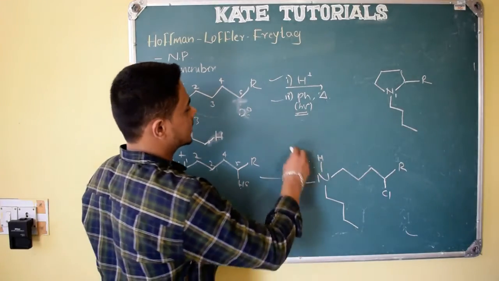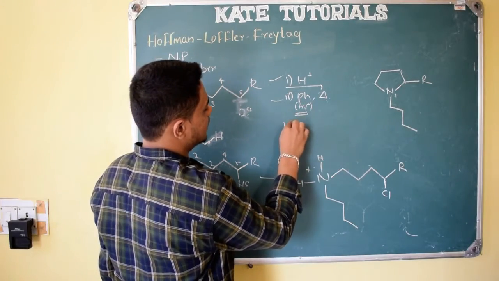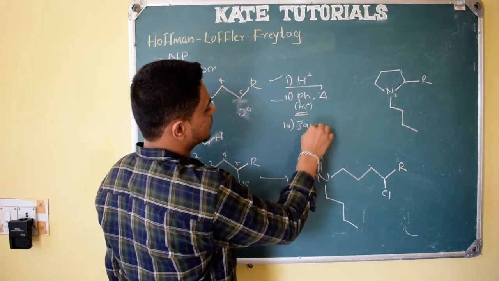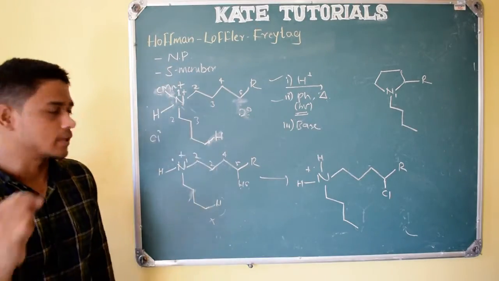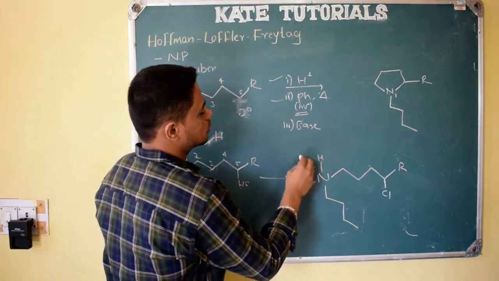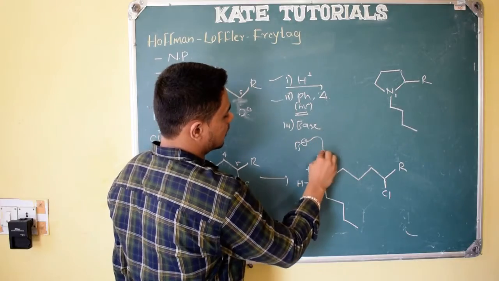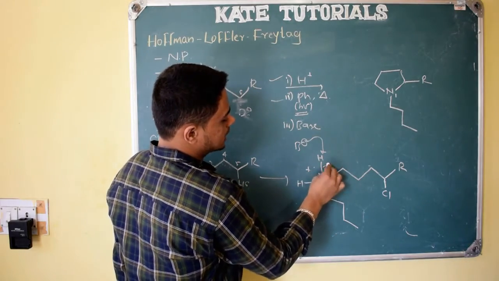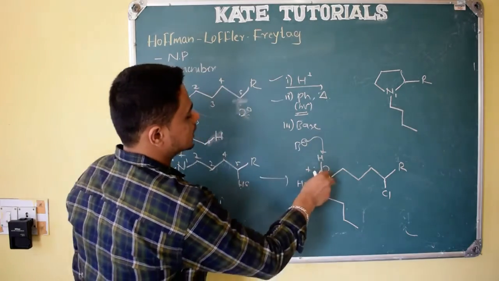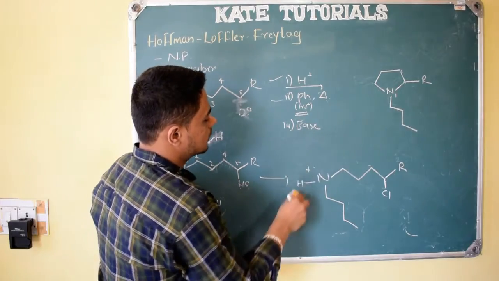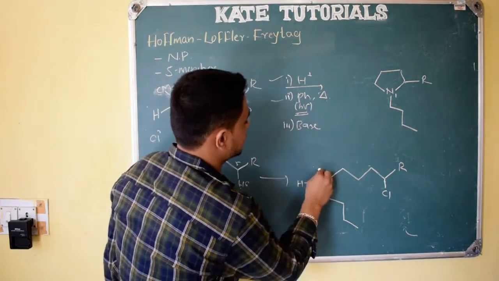Next, in the third step, in the presence of a base, we will use a mild base. If you use NaOH also, they will use it in low concentration. So that base will take this proton, so the positive charge will be neutralized here. So nitrogen gets its lone pair of electrons back. I am going to write that step here, right?